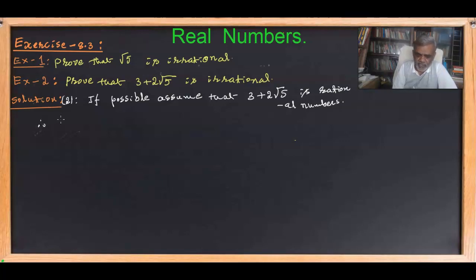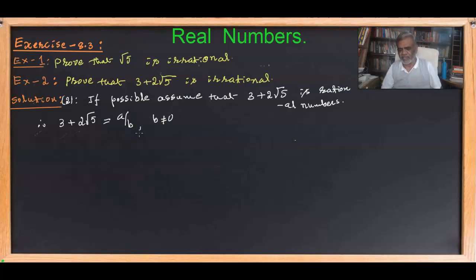Therefore, I can write 3 plus 2 root 5 is equal to a by b, where b is not equal to 0. a by b is a rational number because we have assumed that 3 plus 2 root 5 is rational, and therefore I can write this as